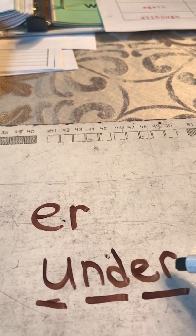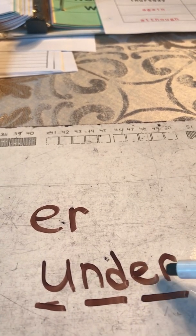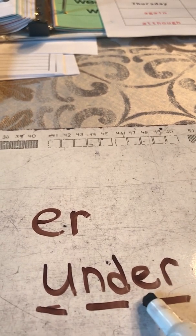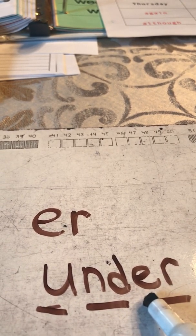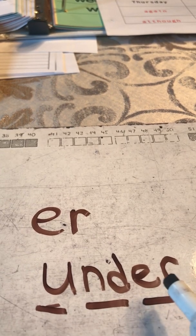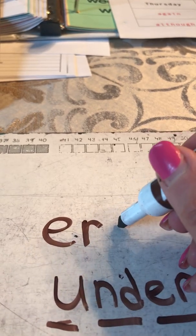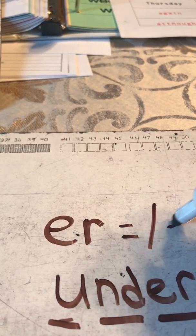And the rule with the bossy R is he's polite. He lets the vowel come first, so the vowel will always be first when you write it, but he doesn't let them talk. He steals their sound. So ER says